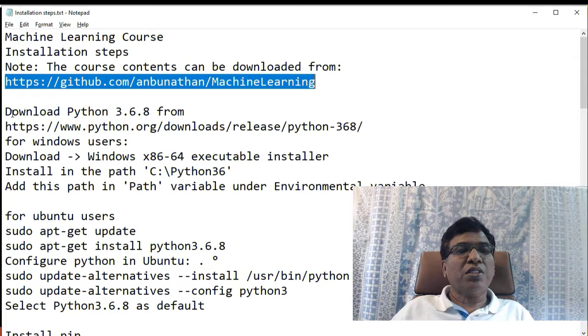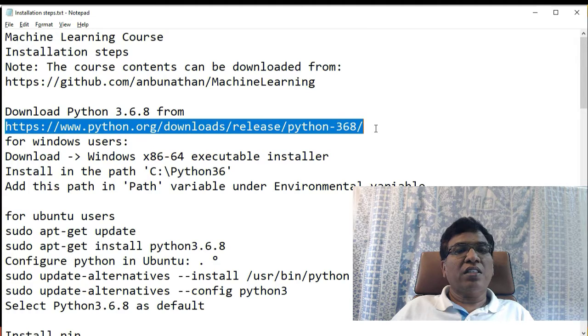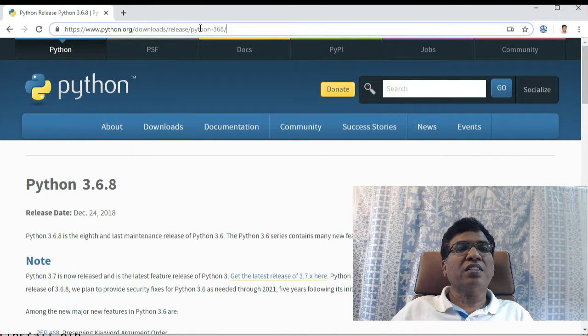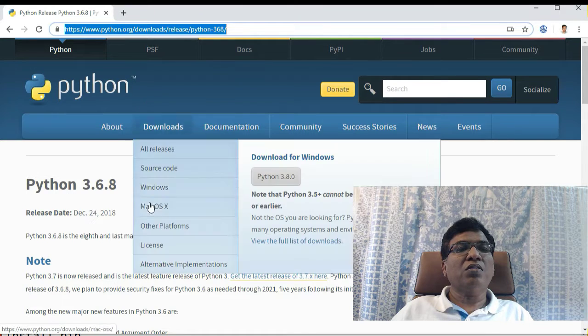First step is you have to install Python 3.6.8. You can get this version of Python from python.org at this URL. You can see here, this is the path. If you type this URL, you will get this page.